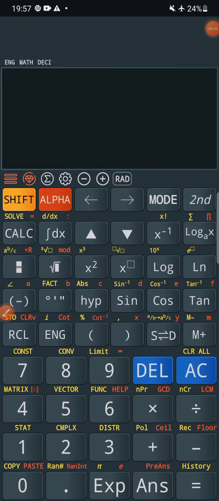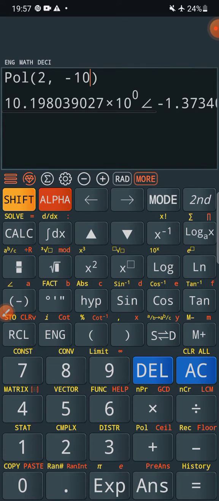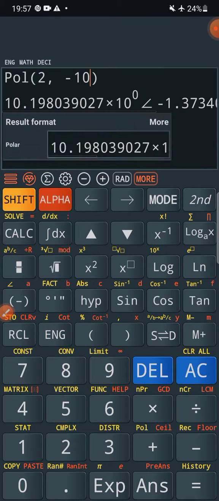Just see here. First I click on shift and at the same time click on plus, and you will get it like this. Inside the brackets it shows x comma y. Here the x value is 2, and for the y value we have taken minus 10. So whenever we enter these two values from the rectangle equation,